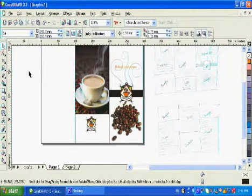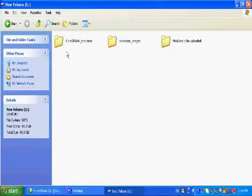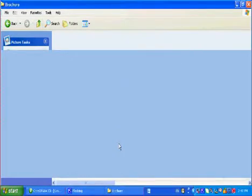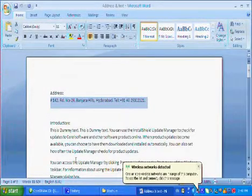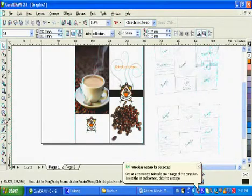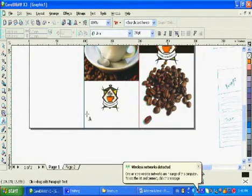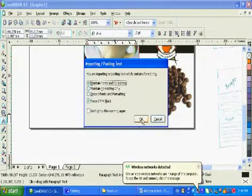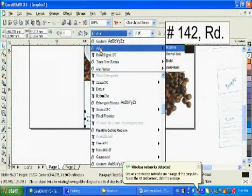So now you can place the address. As we discussed earlier, once you are ready with all the typed matter, you can get that typed matter, the box where you have saved. Here, just select the text, Control C, come to the CorelDRAW software, select the text tool and drag a box, press Control V, paste the text that you have copied from the Word document. Okay,